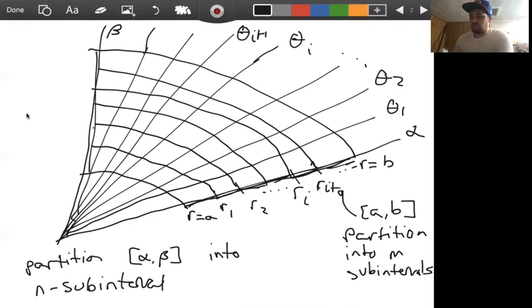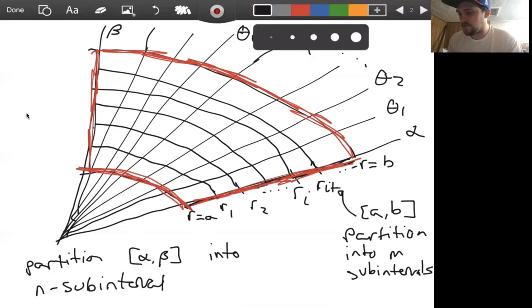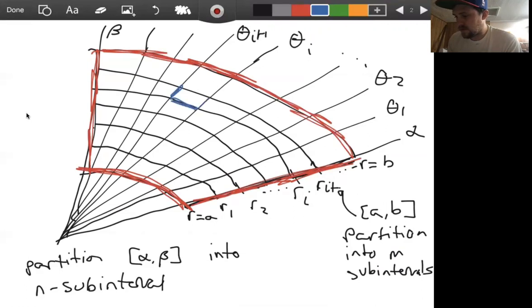And so now, with these two partitions in mind, let me keep our region in red here so we can keep track of it, because some of these lines are all over the place. So here's our region, right? And now with these partitions, we get these subregions, like these sub-trapezoids, that look similar to the big region. It's just a much smaller copy. So maybe I'll use blue here for, let's say, this one, and it looks rectangular, but it shouldn't be perfectly rectangular, right? Let's say this is our region